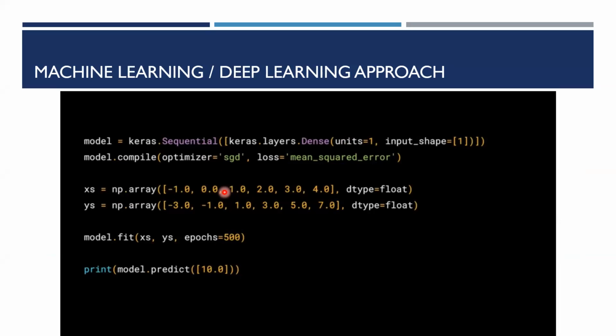In the previous slides, I was mentioning two sets of data, X's and Y's. Now, instead of using the traditional approach of writing a rule, we are trying to use machine learning and deep learning techniques here. We are trying to predict: you have a set of numbers, -1, 0, 1, 2, 3, 4. These are the known numbers that are given, and you know the answers Y. For -1, it is -3. For 0, it is -1. For 1, it is 1. For 2, it is 3. For 3, it is 5. For 4, it is 7.